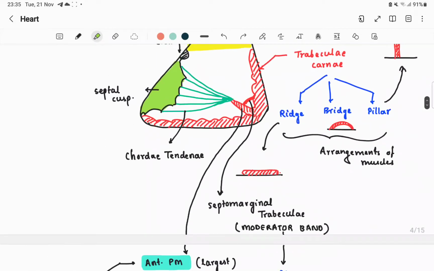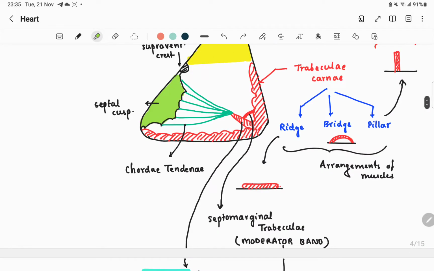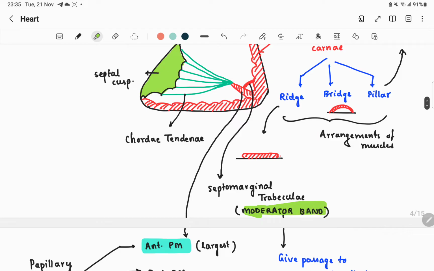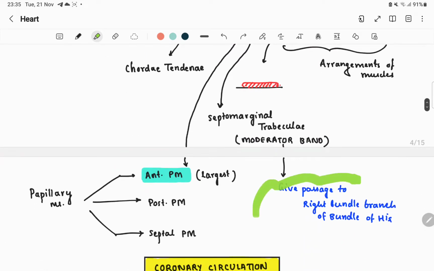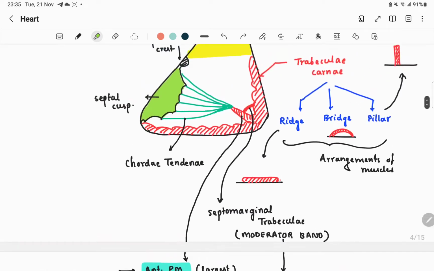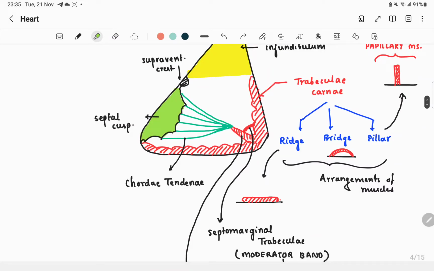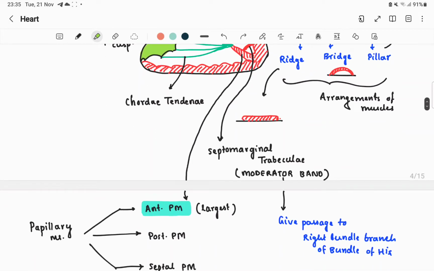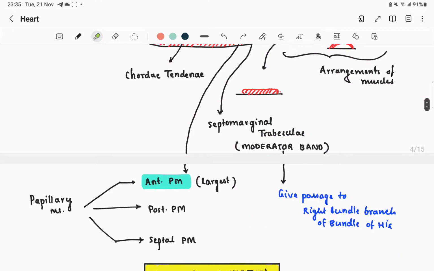Then we have the septomarginal trabeculae. This is the septomarginal trabeculae. It acts as a moderator band, which gives passageway to the right bundle branch and the bundle of His. You know about the right bundle branch and the bundle of His, yes, because these are specifically your conductive